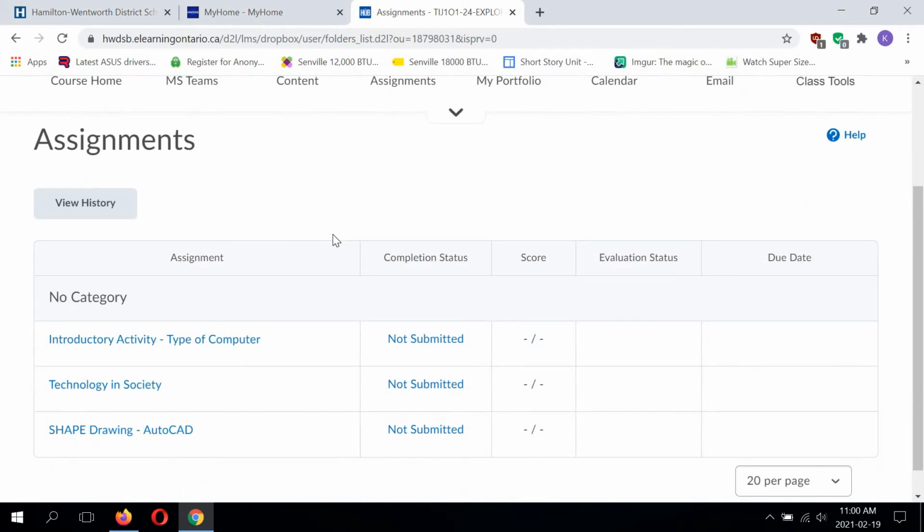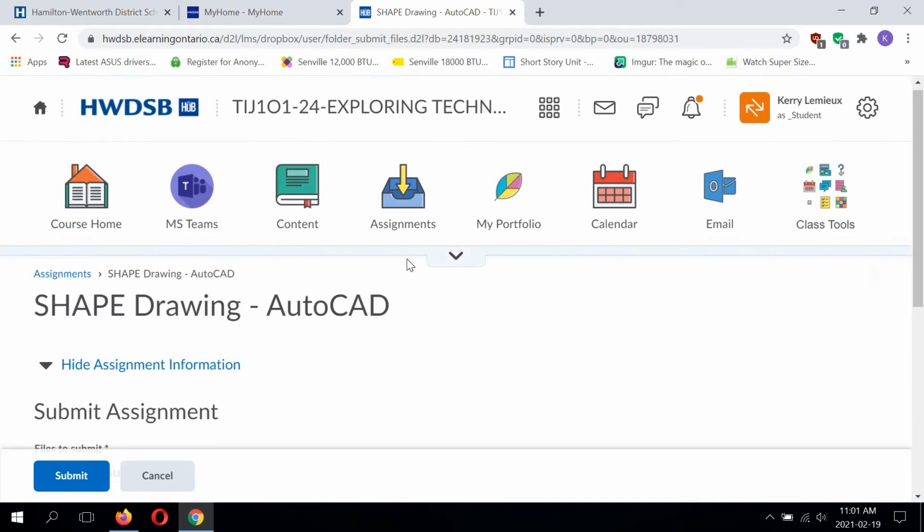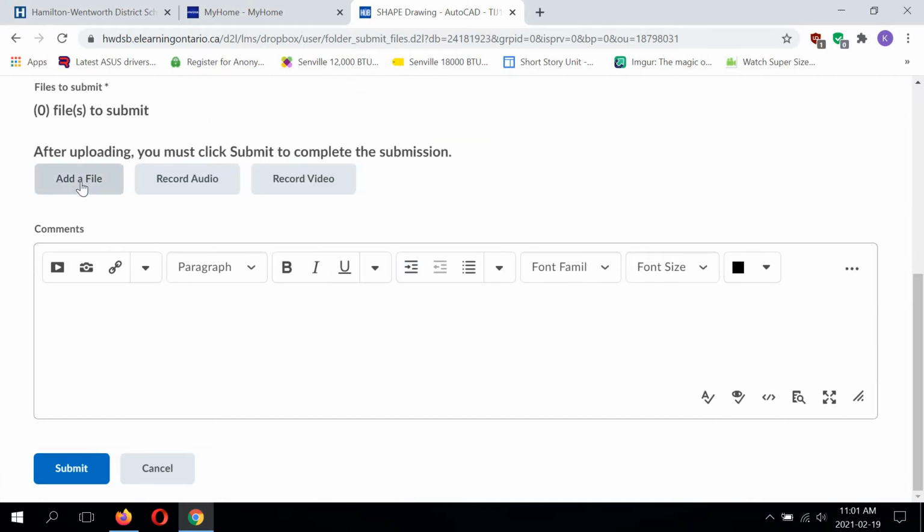And this is what you should see at this time. There's only 3 assignment folders active. I'm the teacher, so I have not submitted the first 2, as you can see. But I will be submitting the shape drawing right now. So how this works is you're going to be selecting it, and you're going to be going to add a